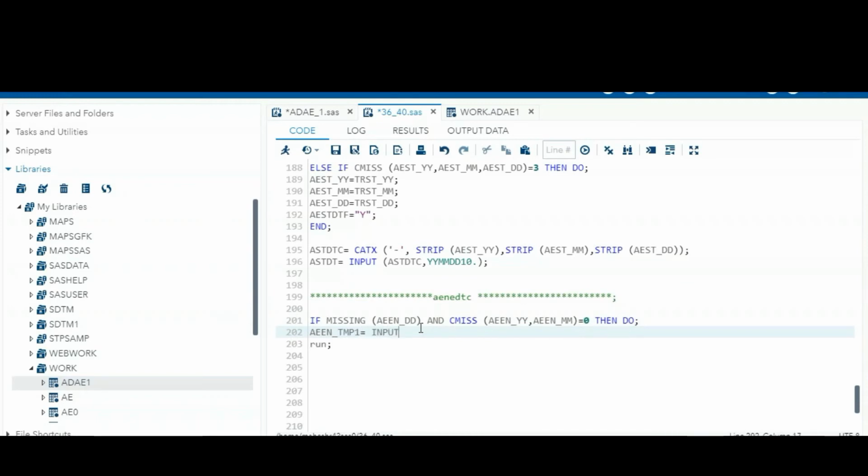So that should be NOT INPUT of, okay, so CATX of dash, comma, strip of this variable AEN year part, comma, strip of AEN month part, comma 0.